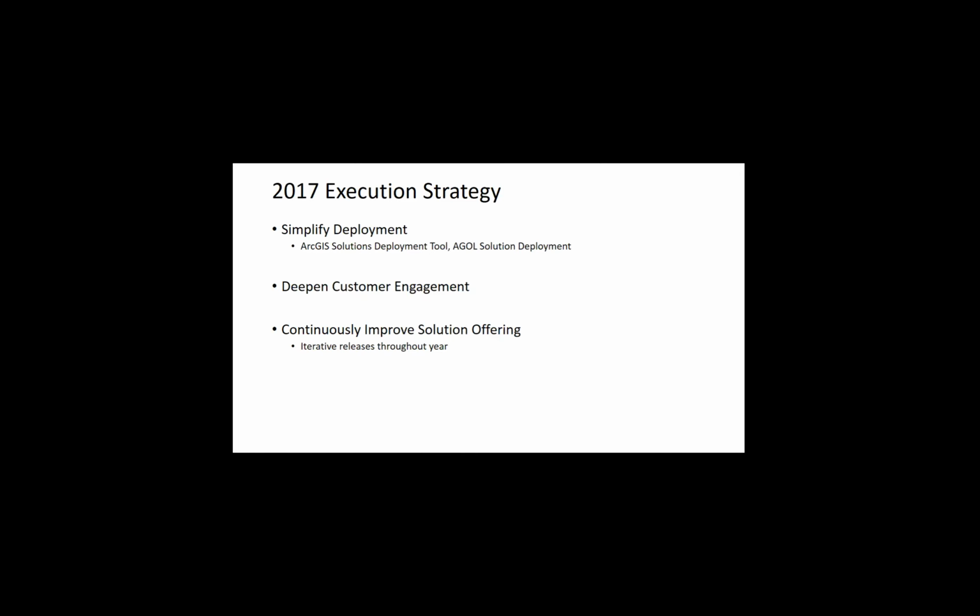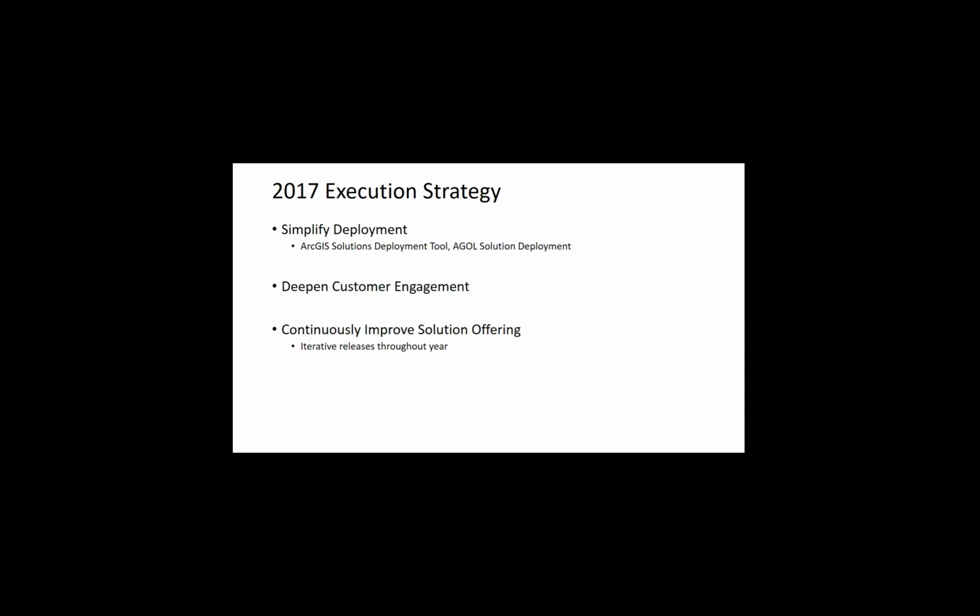And as I mentioned, there's 70 or 75 different local government solutions in there. And what we're working actively on is how we can make all of our solutions available in that deployment tool. So whether it's a desktop data management workflow or an operations dashboard configuration, you can discover and deploy it in that same experience. And we're also beginning to think about how that same kind of experience could be available directly in your ArcGIS organization. And so throughout 2017, you'll see work we'll be doing there to continue to simplify that